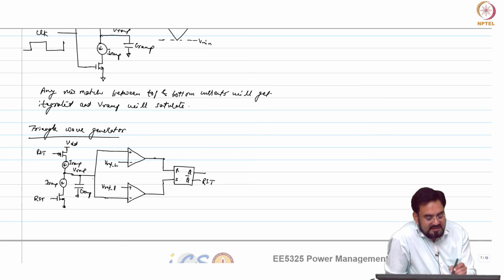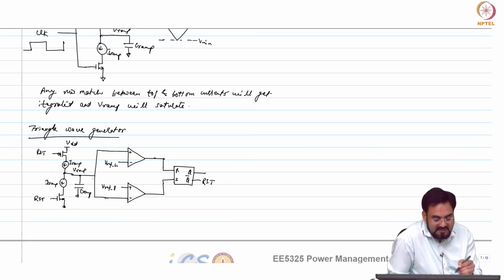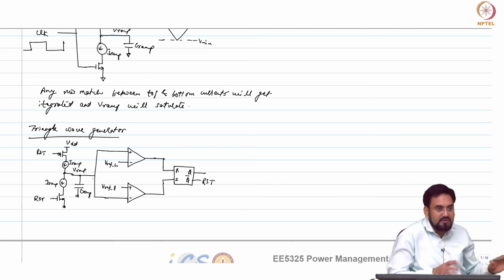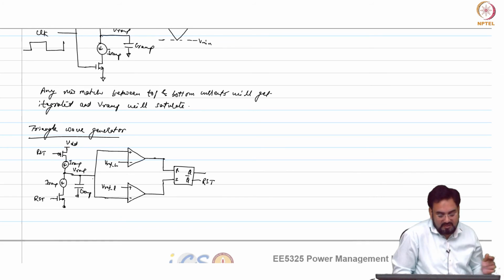When it gets reset, what would happen? Q will go low, this will go high. So this will turn on, this will turn off, so it will start discharging. When you are discharging this guy, what would happen to this? This will go low. Because we only want glitches here, or a condition where R and S could be 0 0, but they cannot be 1 1. That is not allowed.